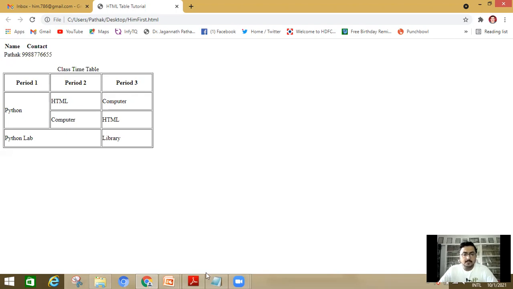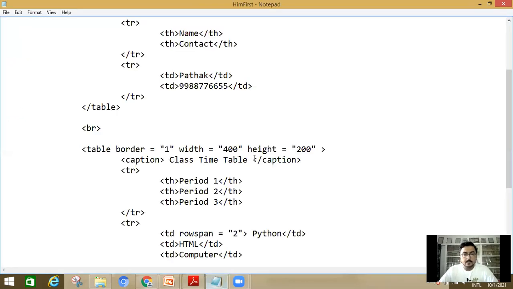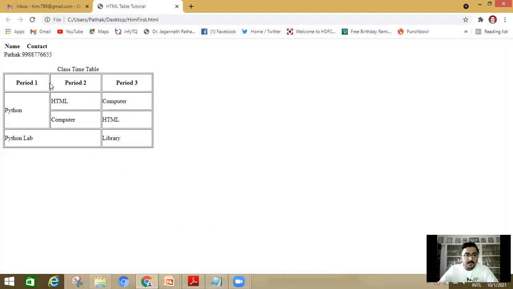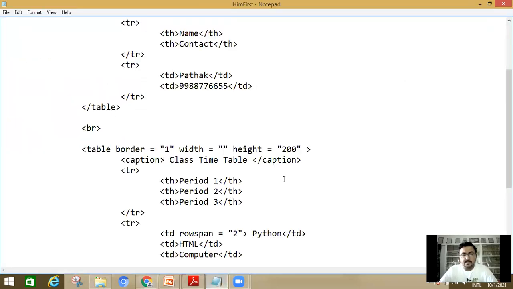Last but not the least, you can give values in percentage. So here you can see the effect. This table is shown from here to here, the whole size of the web page, and you can change the width or height.